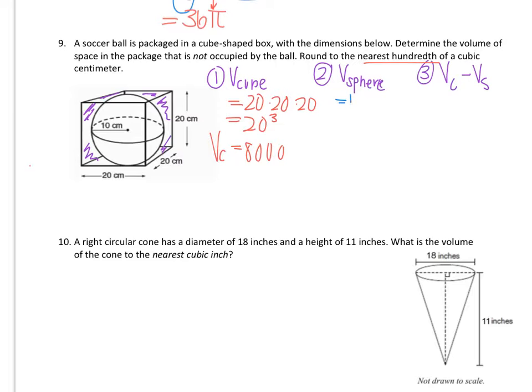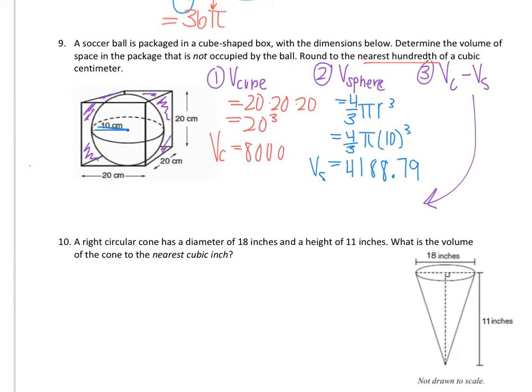So if we look at our reference sheet, we have 4/3 pi r to the 3rd. The radius of this sphere is already actually drawn in there for you of 10. So we have 4/3 pi times 10 to the 3rd. Type the whole thing into your calculator, 4/3 times pi times 10 to the 3rd. And you get 4,188.79. This is the volume of the sphere,